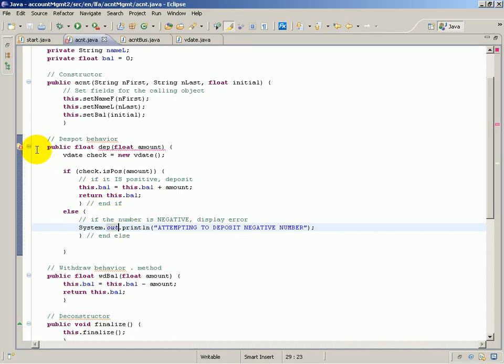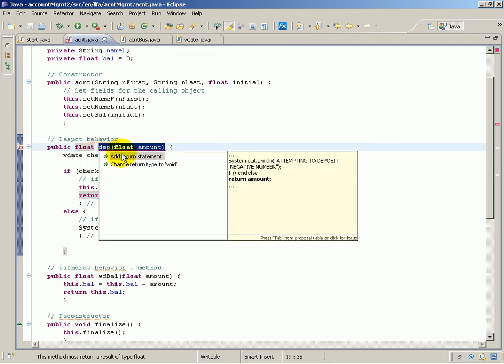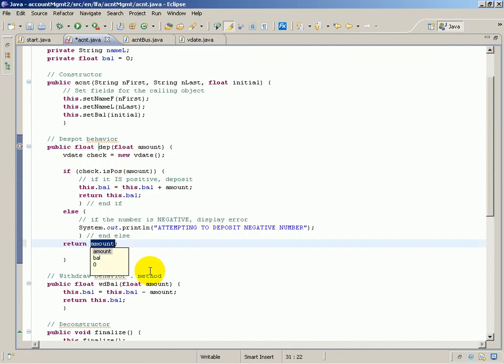Okay, so I have an error here, so let me mouse over this and see what the error is. So this method must return a type float. See here, the deposit method returns float, but I can see here I am returning a value, so what is it complaining about? Well, let's go add a return statement. Now check this out. It adds a return statement at the end